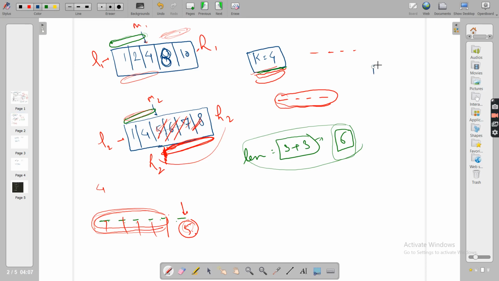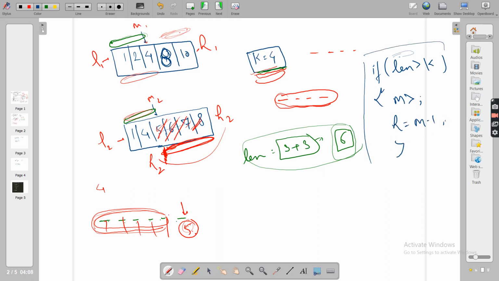So as an observation, what you can take from here: if your len is greater than k, like the element information that you are getting is more than what you need, in that case whoever mid is greater, you will put its h2 at mid minus 1. Okay, I hope this is clear. And guys, why did I reduce this? Because I was confident that this 5 can never come in the first 4 positions, because prior to this already 5 elements will come. So how can this be in the first 4 positions? Just think of it.